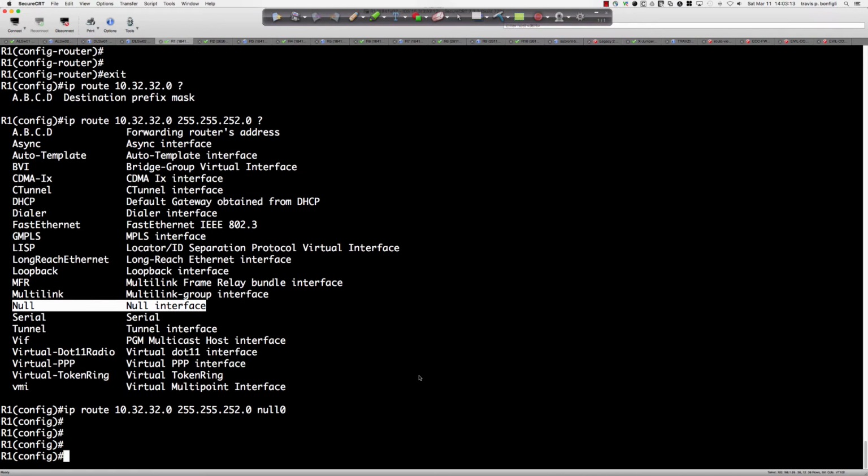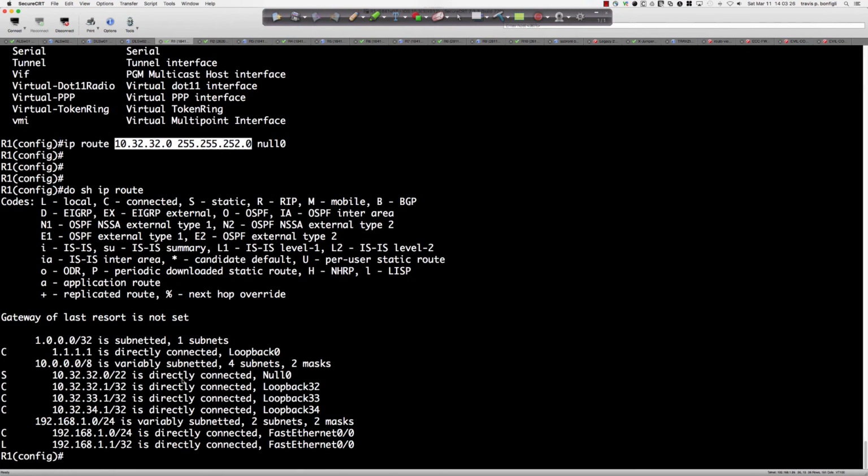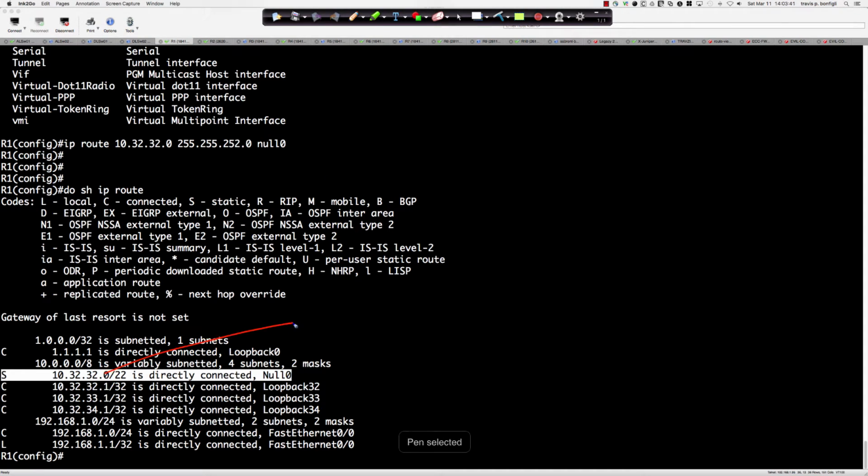Well, remember, we're advertising that summary, but what is the network that's included in the summary that we do not have? Do show IP route. And now in the routing table, here is the static entry, and it's pointing to null0. And so what this means is when we receive traffic, due to the fact that we're advertising that summary, which means the 32 network, that 33 network, the 34 network, and the 35 network,